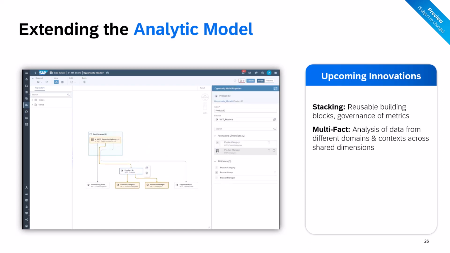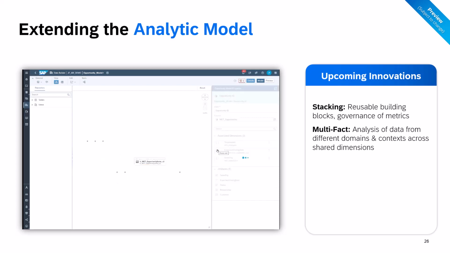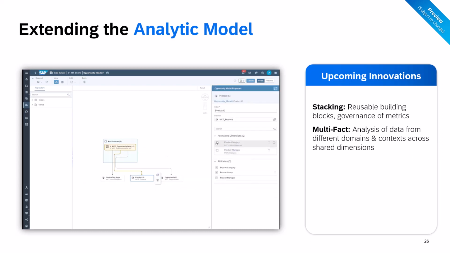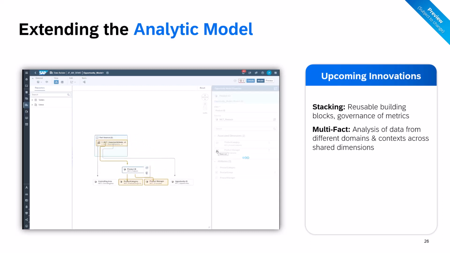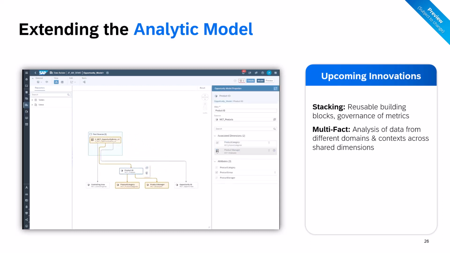Another topic, and I think I mentioned this at the beginning somewhere, is multi-fact modeling. We currently offer that kind of capability in the business layer with fact modeling and consumption modeling. There, we also want to provide this in the analytic model. That will very likely happen next year.